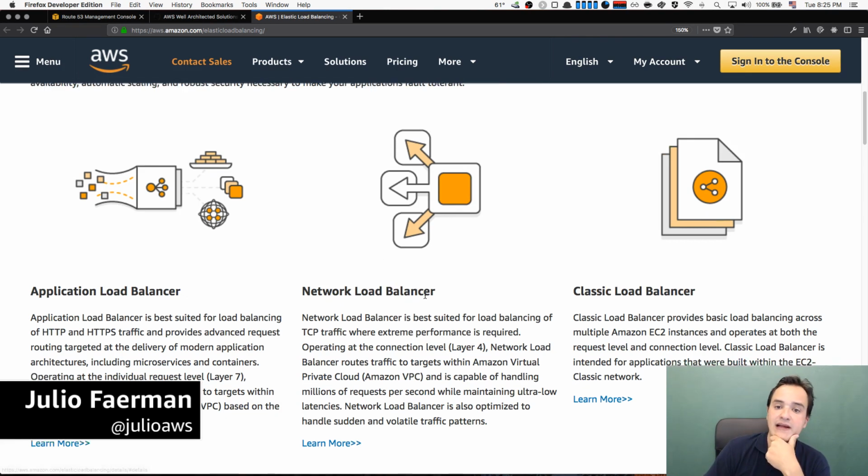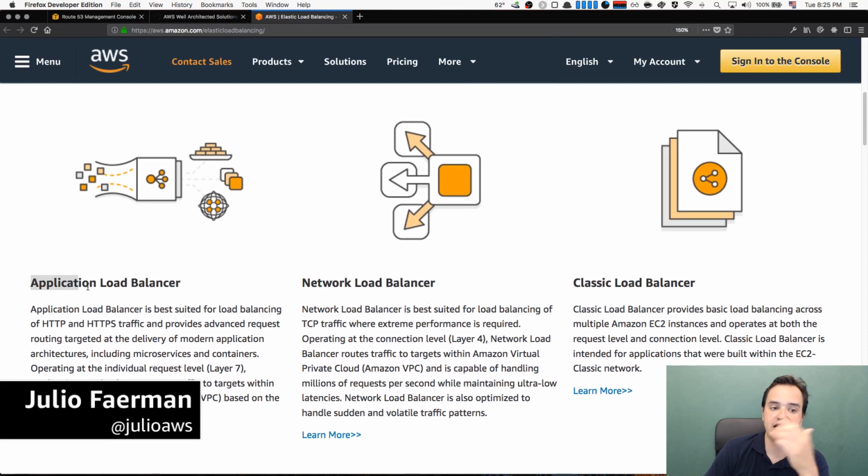And choosing the correct load balancer is really important. The application load balancer, as the name implies, is for the application protocol. It understands HTTP. It can do high-level application features such as dynamic port binding to Docker containers, sticky sessions, and things like this. The network load balancer is on layer 4, the transport layer, so it doesn't understand the application. It just goes directly to